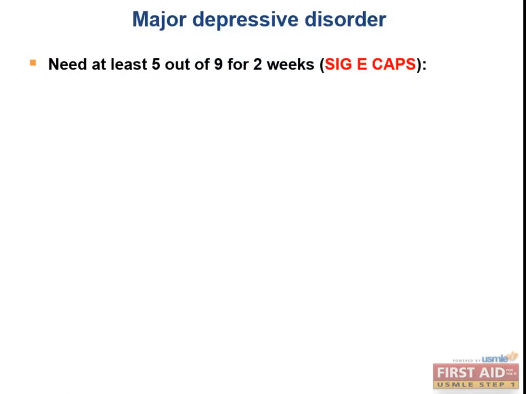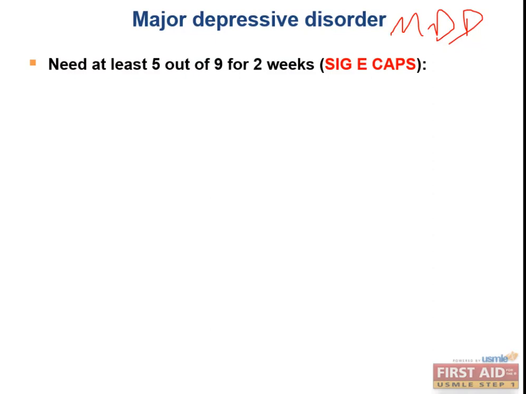Now let's look at major depressive disorder, which has 9 clinical criteria that help make the diagnosis of MDD. But you need at least 5 out of the 9 for a period of 2 weeks in order to make the diagnosis. Now, the minimum is 2 weeks, but on average, patients with MDD have symptoms for 6